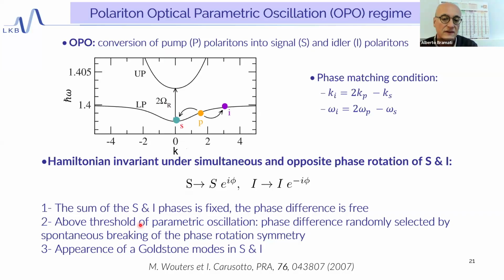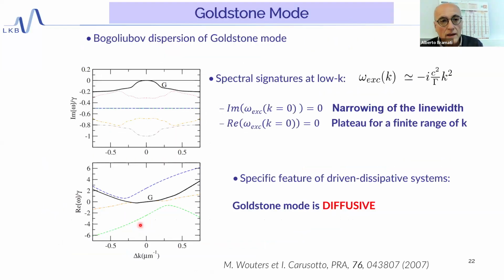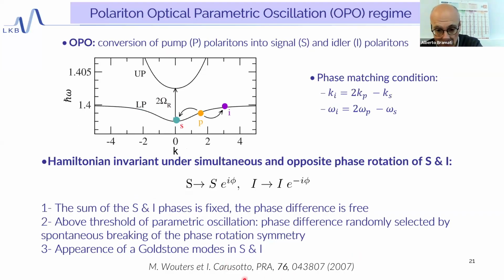So this means that the phase difference has been randomly selected by the system, which undergoes a spontaneous breaking of this phase rotation symmetry. So crossing the threshold corresponds to the spontaneous symmetry breaking of the phase symmetry, and then we should observe the appearance of a Goldstone mode. This was predicted in theory by Jacopo Carusotto and Michel Bouters some years ago now in this paper, and